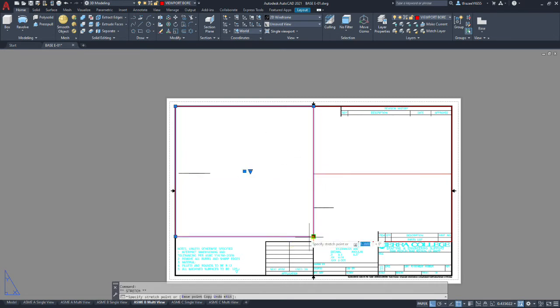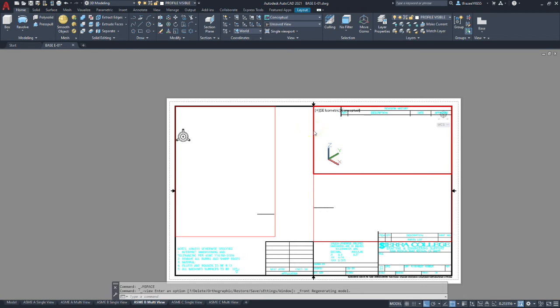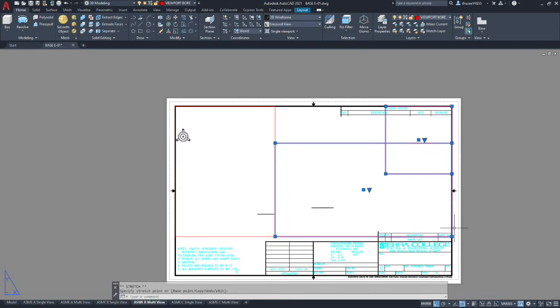And we're going to move the boundary of this, which will become our front view. And then we need to reconfigure these. We'll use this top one. Select on it once. We're going to use that for our isometric. And we're going to use this other one as the section viewport.